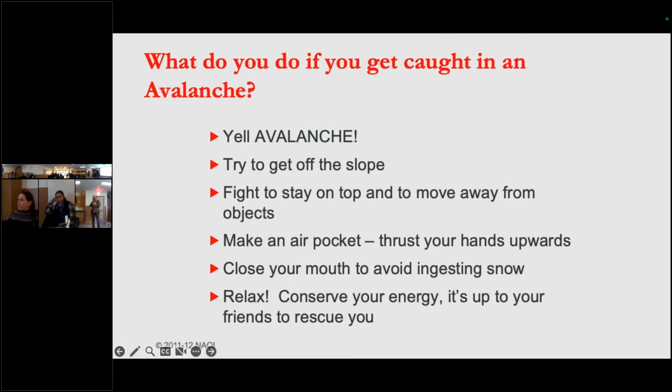You want to have some sort of bubble around your head if you can, because snow is porous, in the sense that oxygen and air can flow through it. But as you exhale warm air, it's going to melt around your face and form ice lenses, so it's not going to be permeable anymore.